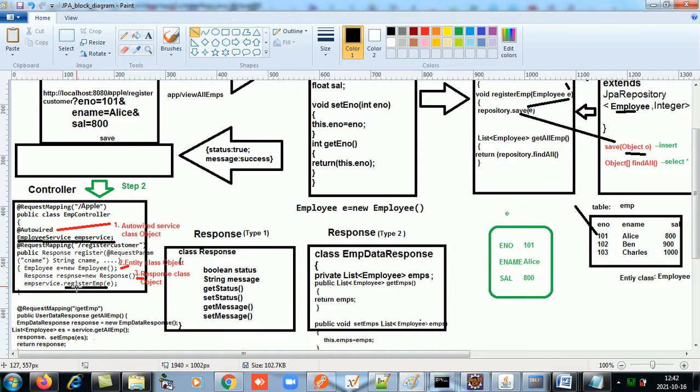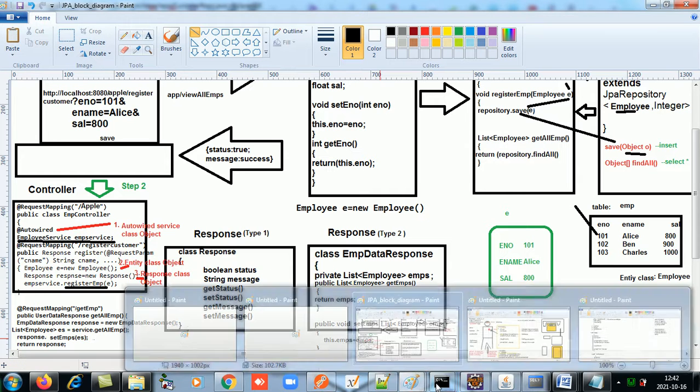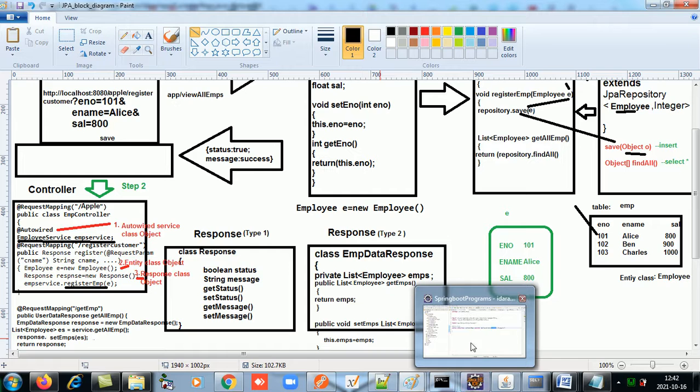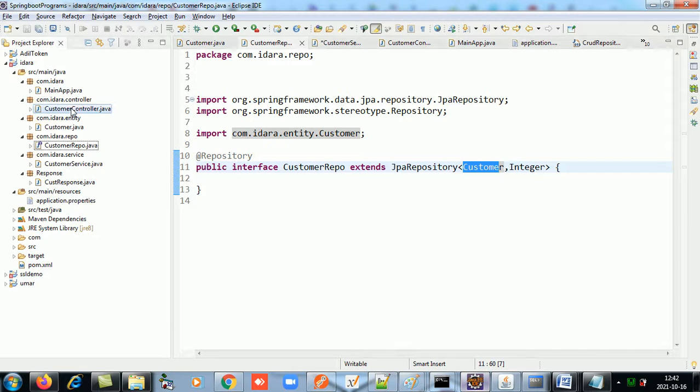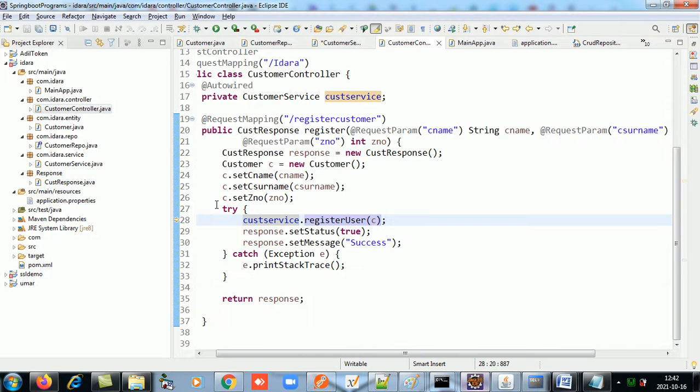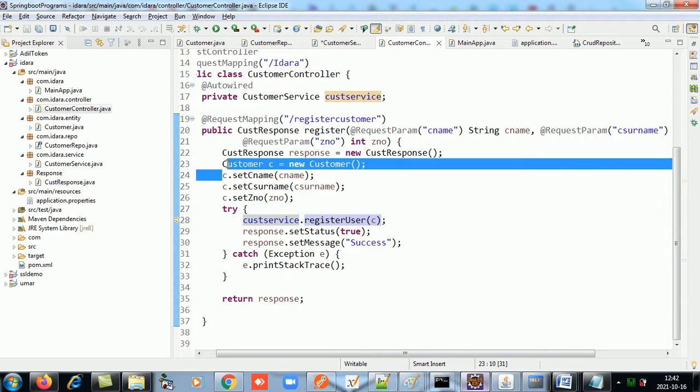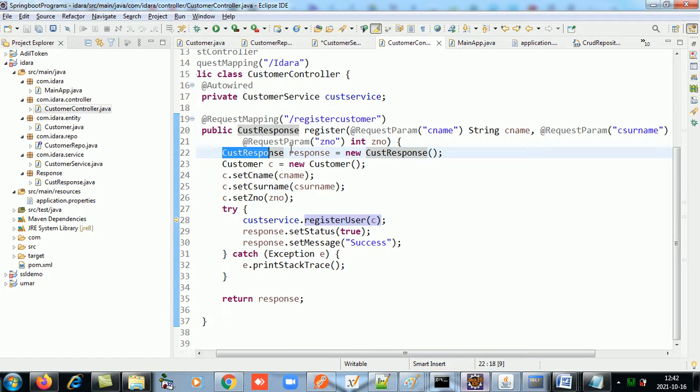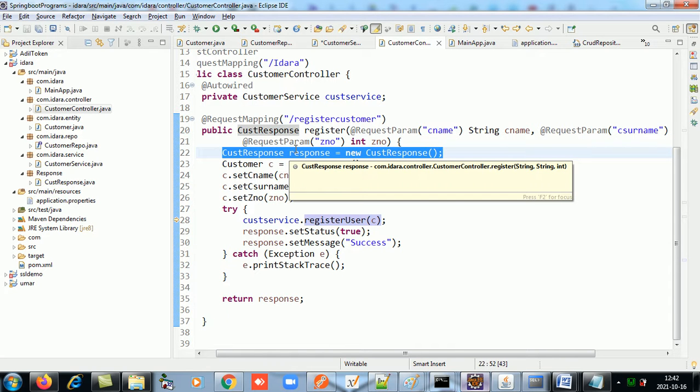So once this data is saved, I'll write this in try catch. If it is successful, then I will return the status as true and message as success, else I will say false and not success. So in the controller, once I make an object of response, the default constructor of response will set status false and message as unsuccessful.